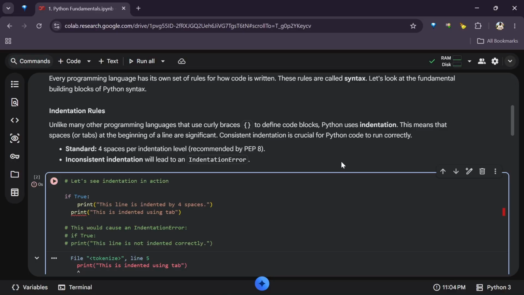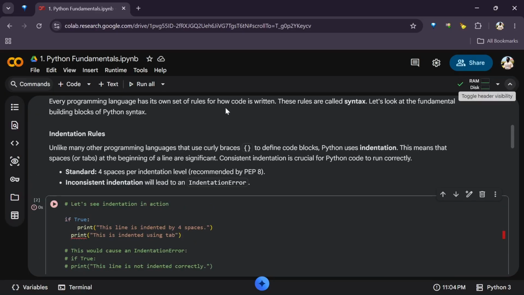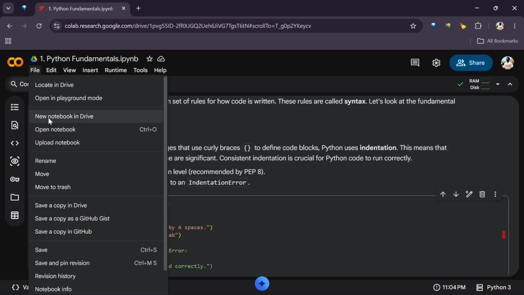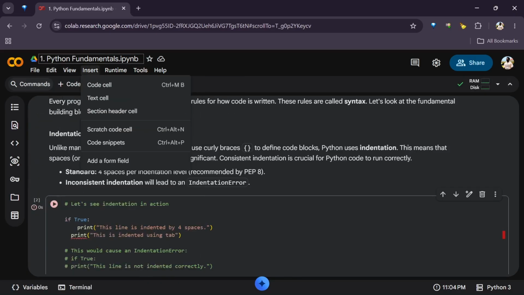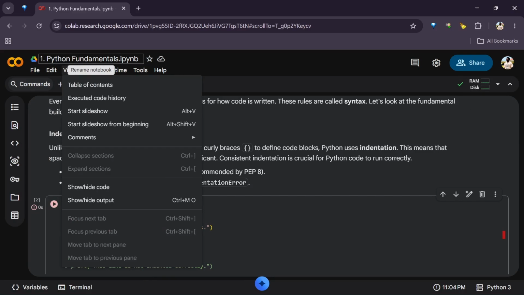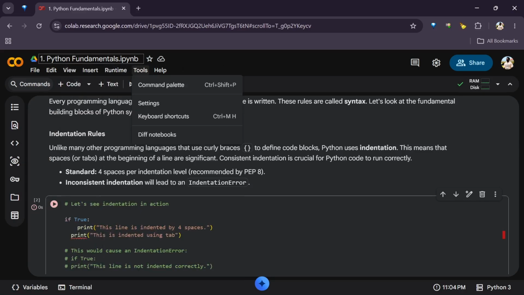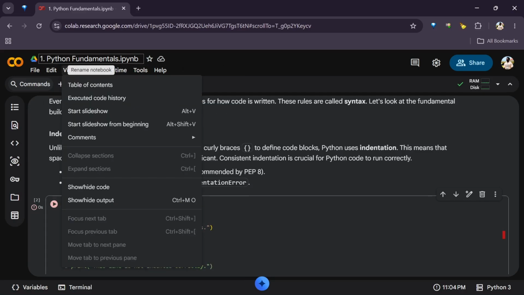So how do you get started with Google Colab? I should have introduced that to you first. Just open any favorite browser of your choice, and in your search bar, type Google Colab. When you see Google Colab, it's owned by Google, you go there and then you see create new notebook. Just click on file, then you see new notebook in Drive, and then there should be an untitled. You see Untitled1, if that's the first notebook in your Drive, so it should appear here.